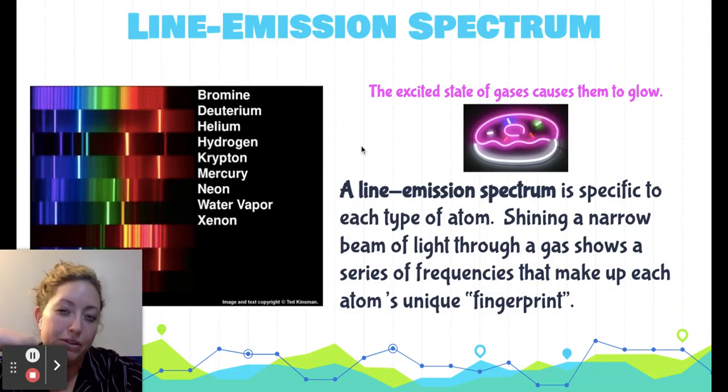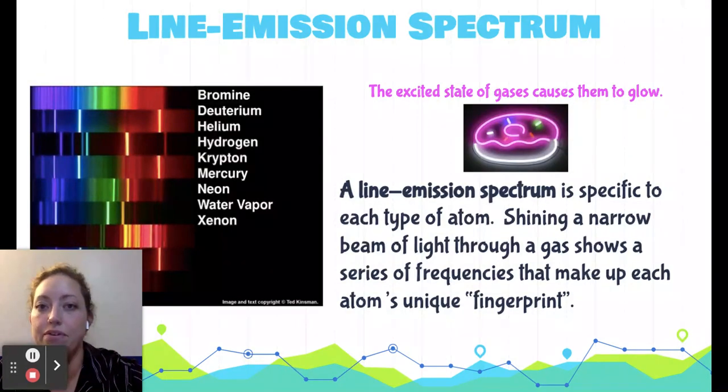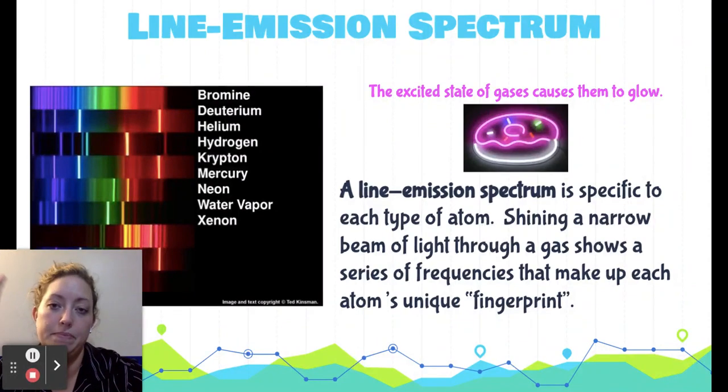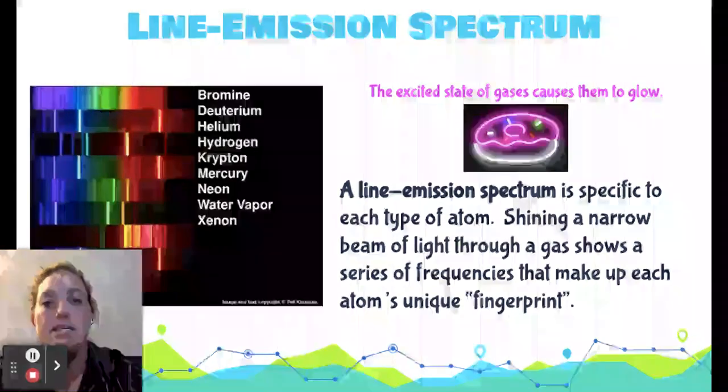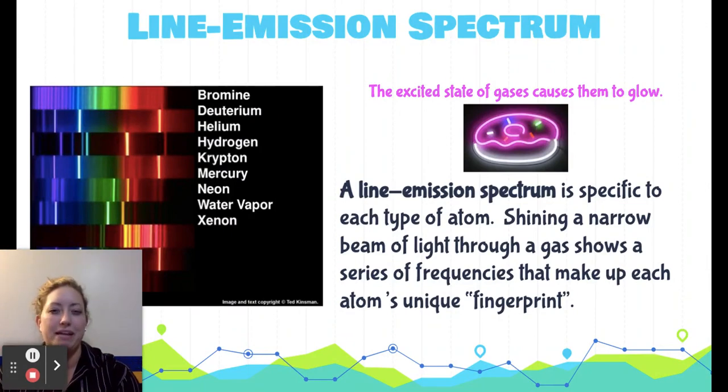The line emission spectrum is a little bit different than the electromagnetic spectrum, so don't get those two confused. Line emission spectrum is specifically talking about the visible light that is given off by any kind of substance. So the line emission spectrum is kind of like the fingerprint for every type of molecule and every atom that exists. Each element on the periodic table has its own specific line emission spectrum,